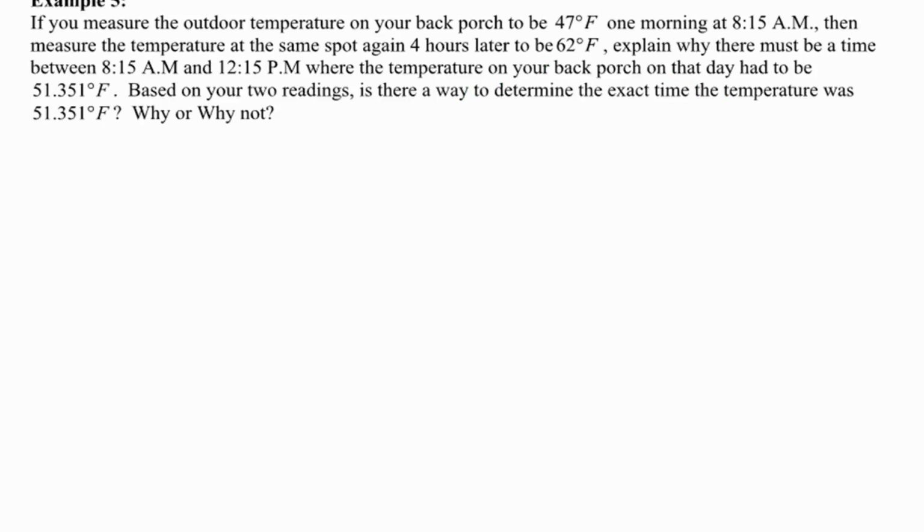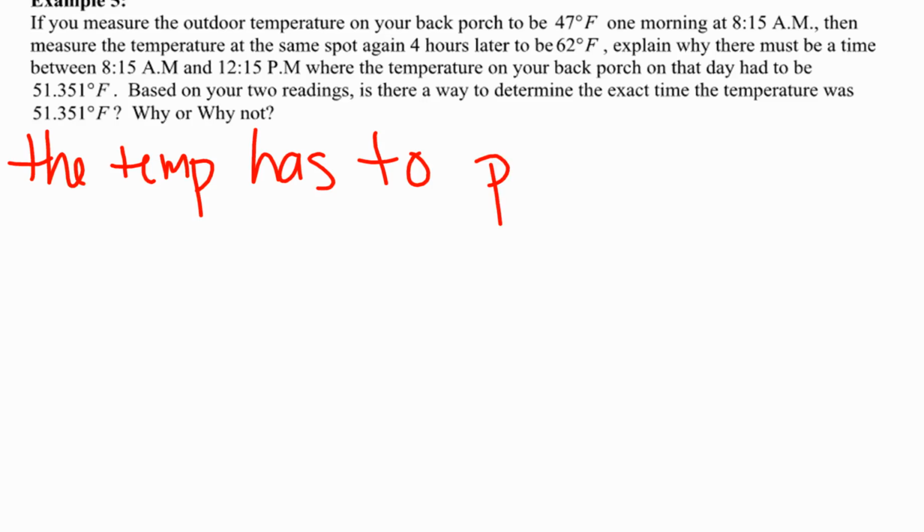So if we measured the temperature outside to be 47 degrees Fahrenheit, then measure it again and it's 62 degrees Fahrenheit, we have to explain why there must be some time where it's exactly 51.351 degrees Fahrenheit. So remember that if-then thing. So is temperature going up and down continuously? Yeah, of course it has to. All right, let's try to word that. Let's see, the temperature has to progress, that sounds fancy, has to progress continuously